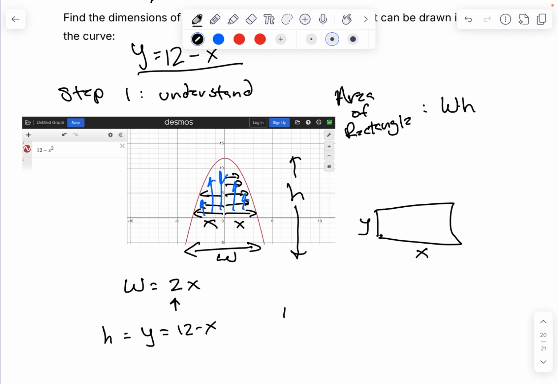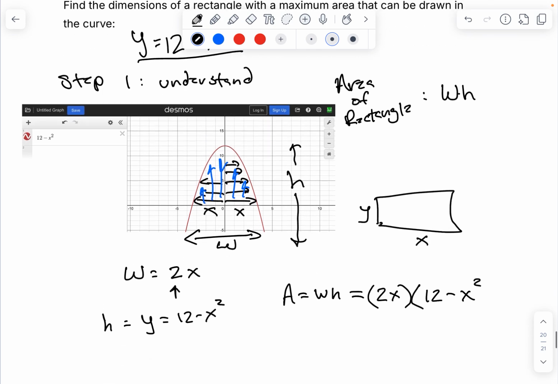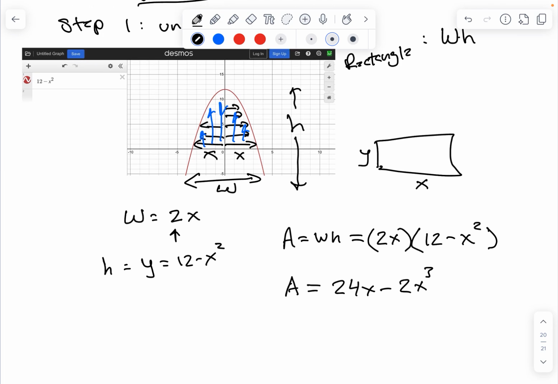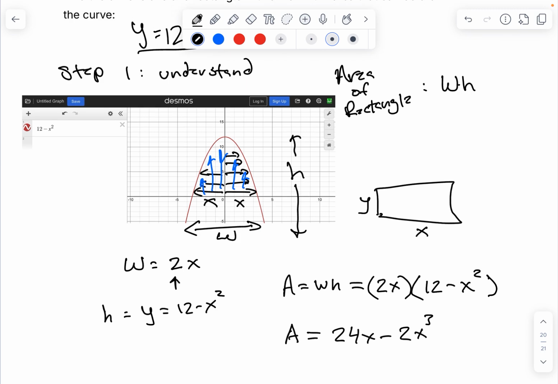So we have area is equal to width times height, and that is just equal to 2x times 12 minus x squared. Now let's simplify this, make it a bit easier on the eyes. This comes down to 24x minus 2x cubed. So once we understand the problem, we've drawn it, and we understand how we relate it to what we were looking for, step 2